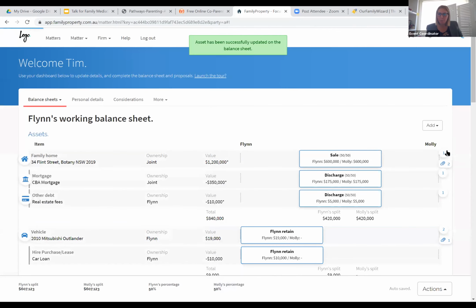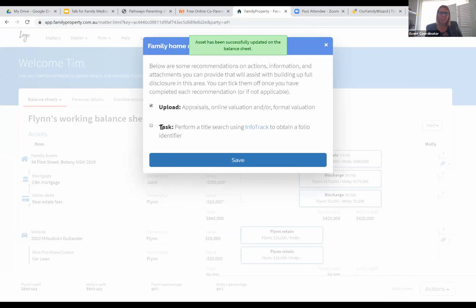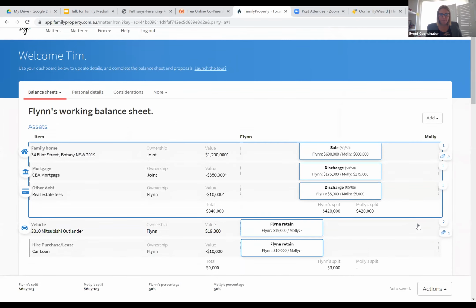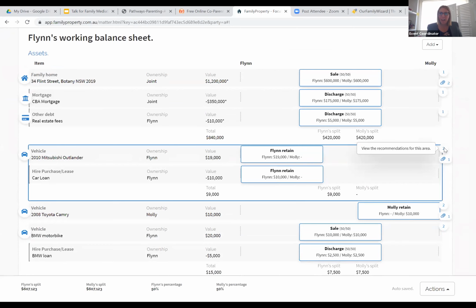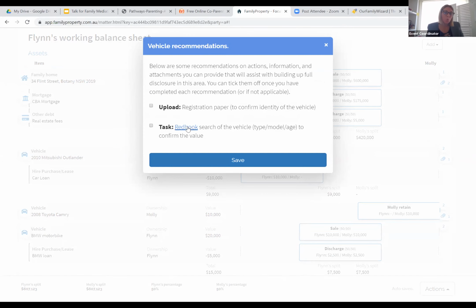So it's really helpful. It also gives you guidance as to perhaps things to do as a professional. So an InfoTrack search is a title search or a valuation. For example, the car, if you wanted the value, you might do a Red Book search or an NRMA search to look at what's the value of that car with the type, model and age of that car.